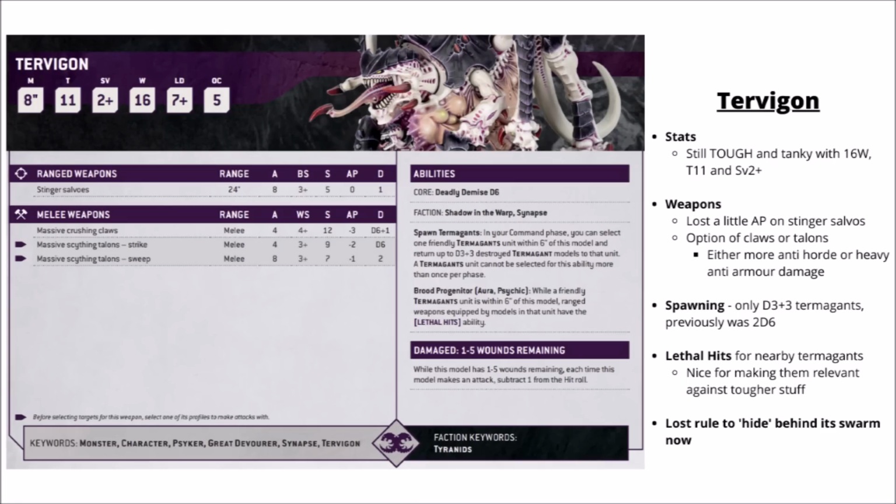Next up, we've got the big tough Termagant spawner that is the Tervigon. Still a great big tough tanky monster with 16 wounds, toughness 11 and a 2+ save. Again, could be a very interesting one to put that feel no pain enhancement on. That's just going to make it absolutely through the roof durability wise. Probably something that's for the best, seeing as this thing looks like it can no longer hide behind a swarm